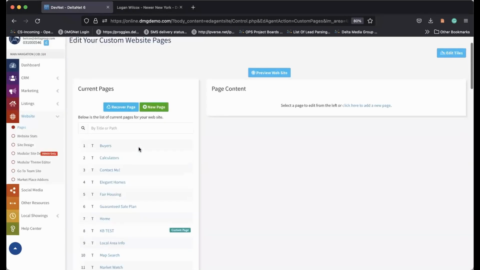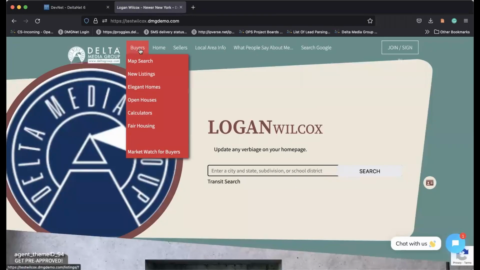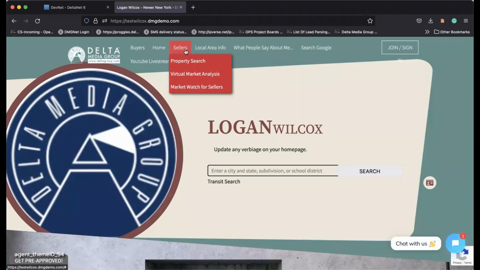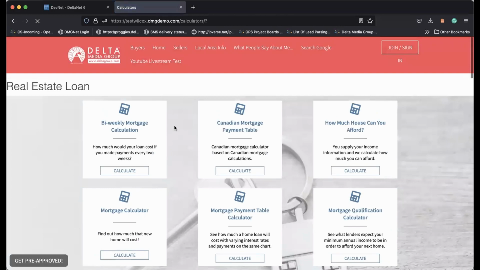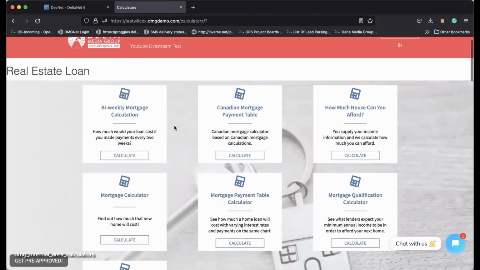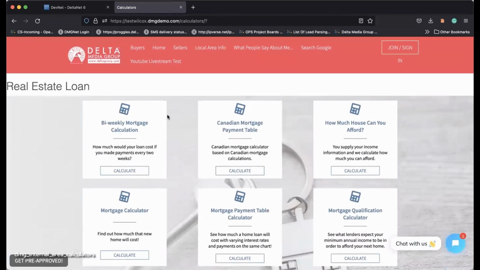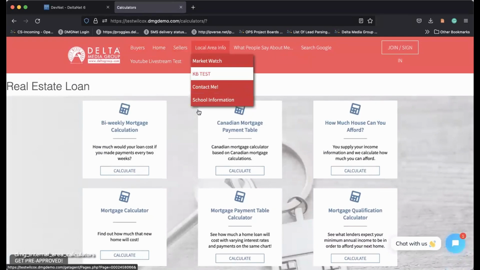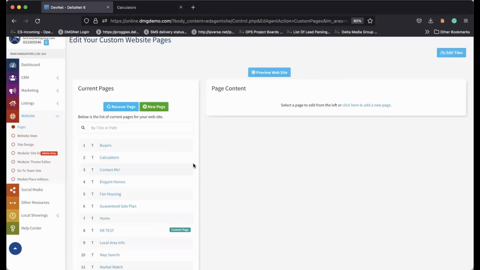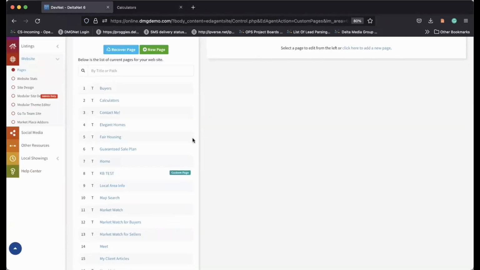So some of these pages, how do you know if you need them or not? How do you know if they apply to you? Go check them out. So if you select a new theme and you go under one of these tabs and you're like, okay, buyers, calculators, is this necessary for me to have? We can remove the page. If you want to leave it there, you can leave it there. If you want to move it to its own section or hide it from the navigation, you have full control over that. So in this case, we could select that calculators page